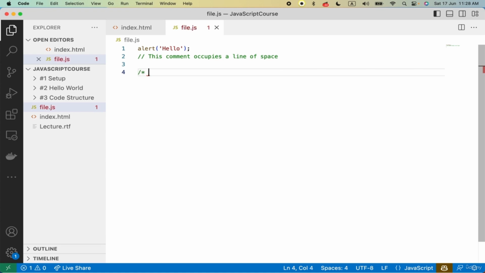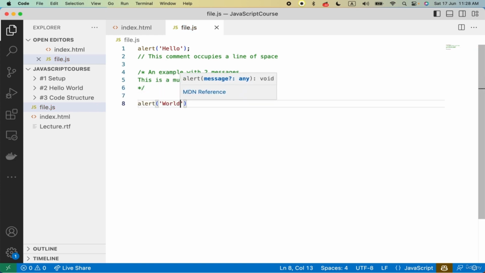So how do you write it? An example with two messages. This is a multi-line comment. And here we can do alert world. Now the key to understanding it is that these are just different ways of writing out comments. One is multi-line comments, the others are single line comments, and which you use just depends on what you're trying